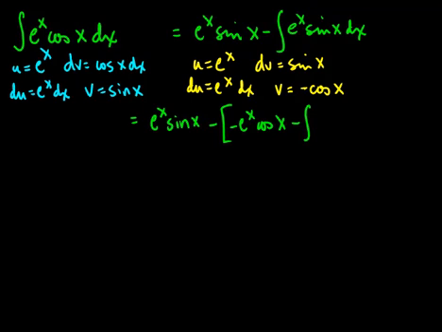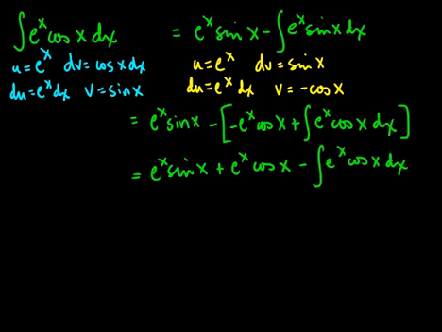So I'm going to bring out the negative, and I end up with plus the integral of e to the x cosine x dx. Now I first need to do a little simplifying there, and we end up with e to the x sine x plus e to the x cosine x minus the integral of e to the x cosine x dx. And what's important about that is that that integral that we have at the end is the very integral that we started with. And so the way we're going to resolve that is by adding that integral to both